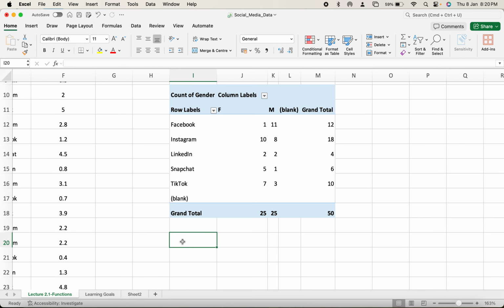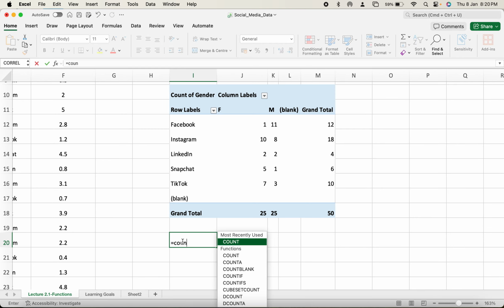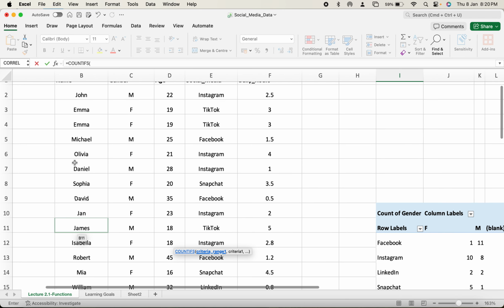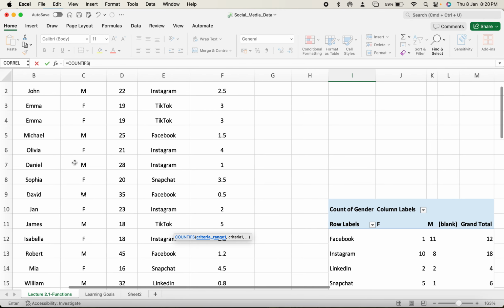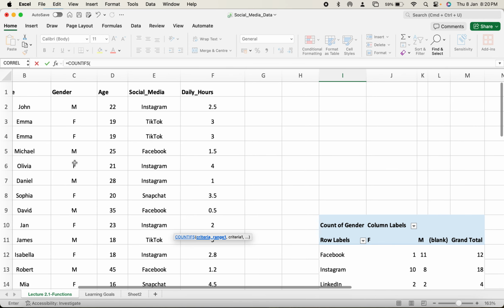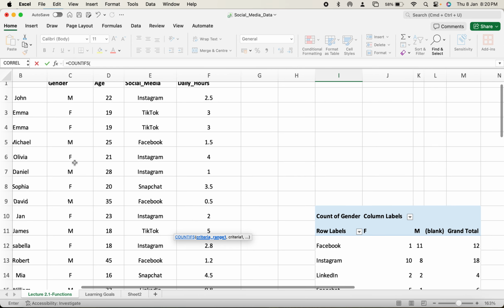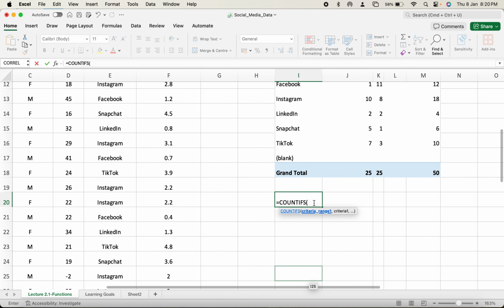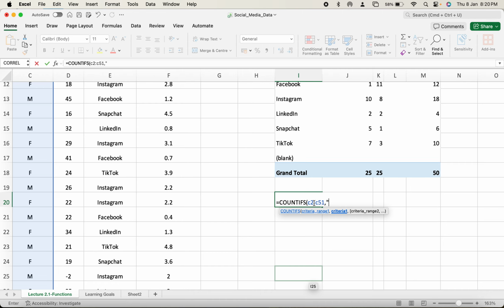If you want to have a look quickly, I'll show you here how to do that. If you simply type COUNTIFS, this is a conditional function in Excel. Okay, so I just need to check the data. I want to count how many males use Instagram, for example. So gender is in column C and social media is in column E. So COUNTIFS, C2 to C51 is my entire column for gender, and then in double inverted commas I want to get male, so you need to type male here,